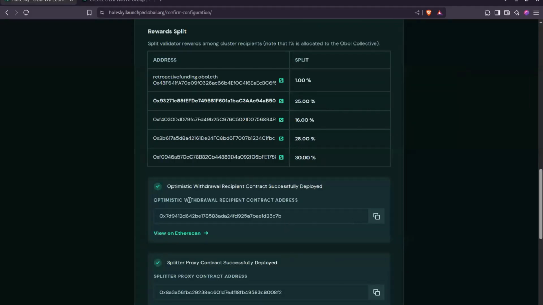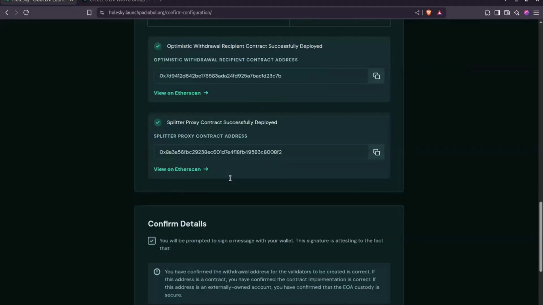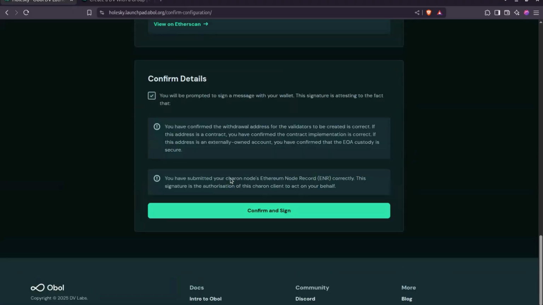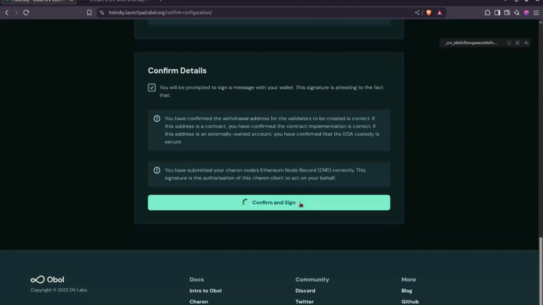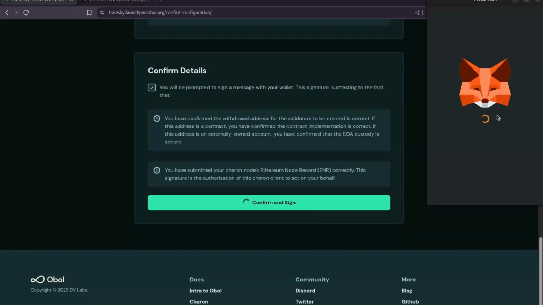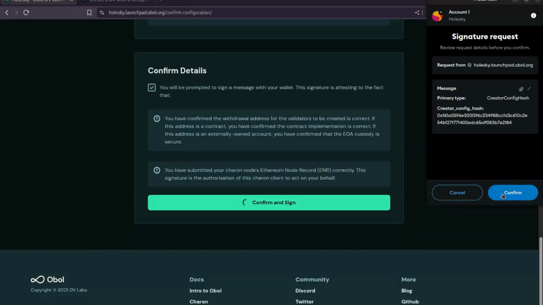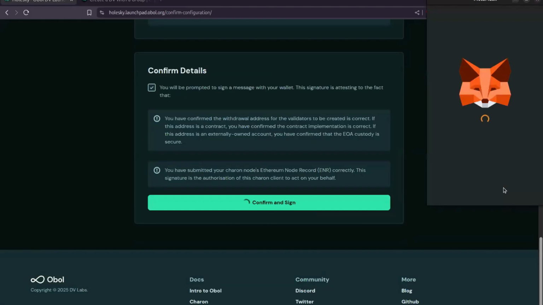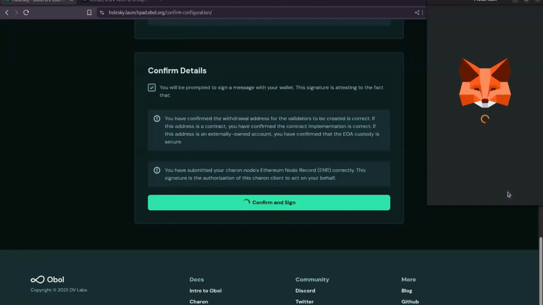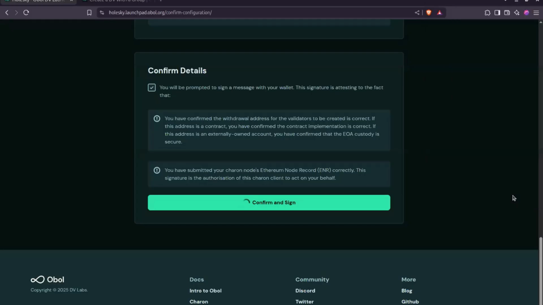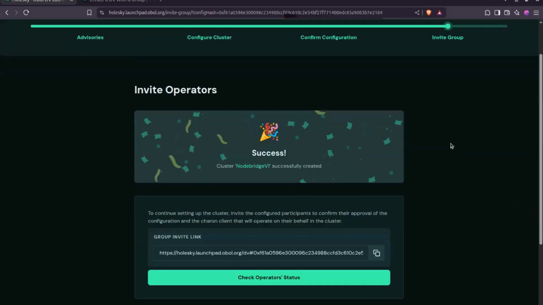Yep, our contract has now been deployed. We can also see that on Holesky. This is our contract address, and we can move forward now. Successfully deployed. We can now confirm and sign the transaction. So confirm, MetaMask pops up, and we sign the last transaction, and then we confirm. So with that, we have successfully created the group